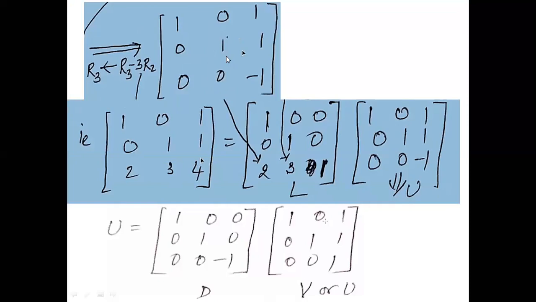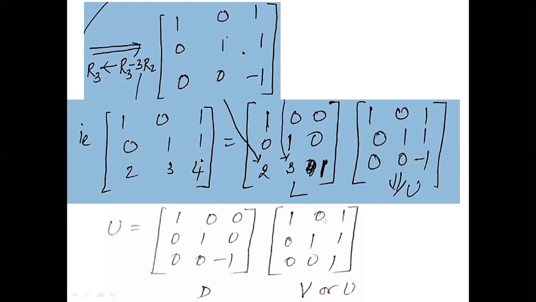You have 1, 1, minus 1 and zeros at the bottom. Therefore, the initial matrix, the A, has been converted into U, which is obtained after the two operations, and that needs to be multiplied with some other matrix. And that other matrix structure, I know, it should be a lower triangular matrix. Therefore, it has ones on the main diagonal and zeros above this main diagonal.